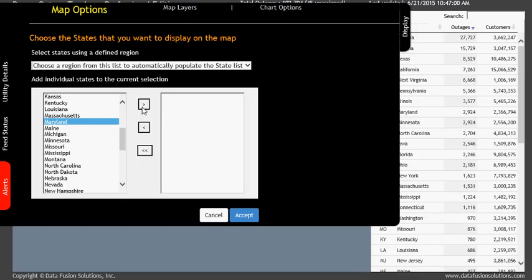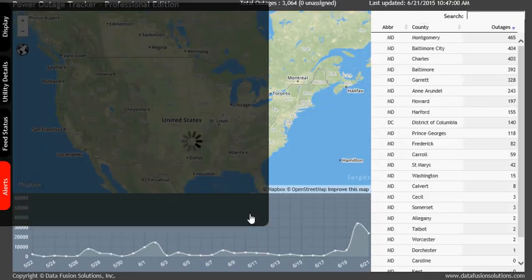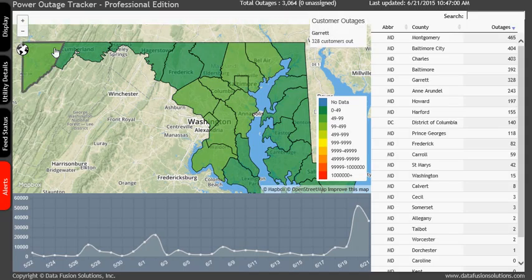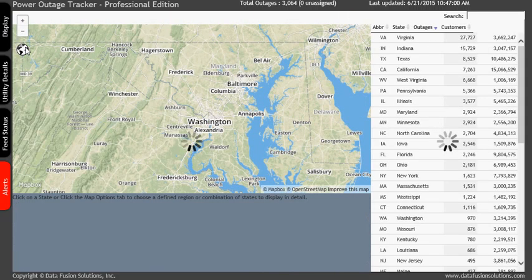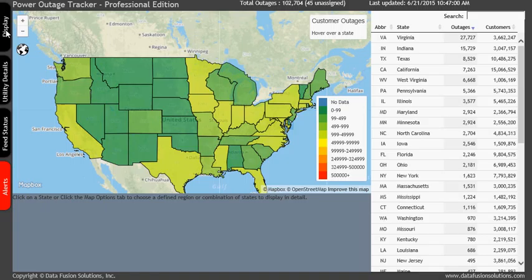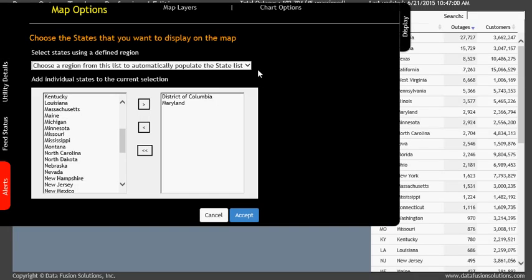And if I add those to the list, it will display that on the map. Now, one of the things that we've done in the, I'm going to go back to national here real quick, and then I'm going to bring up the display and show the other way of selecting multiple states